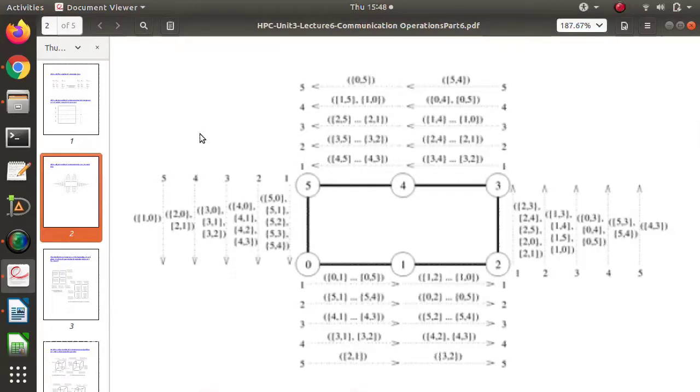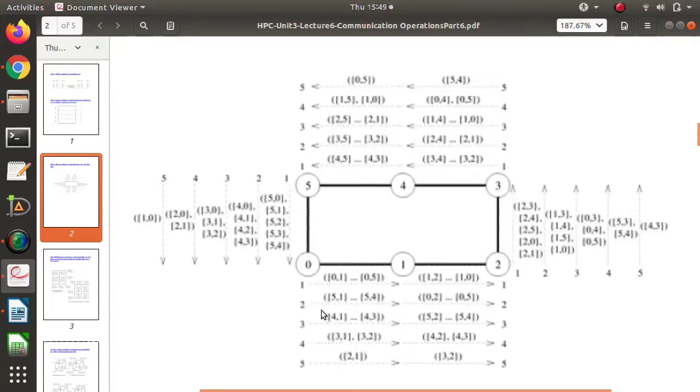These are the step numbers. Just remember, these are the step numbers. In the sense, in the first step, this communication will be done at the same time, parallelly, simultaneously. It is also step number 1. At the same time, this is also step number 1, and this communication will be done. At the same time, this is also 1. So in step 1, all these communications will be done parallelly.